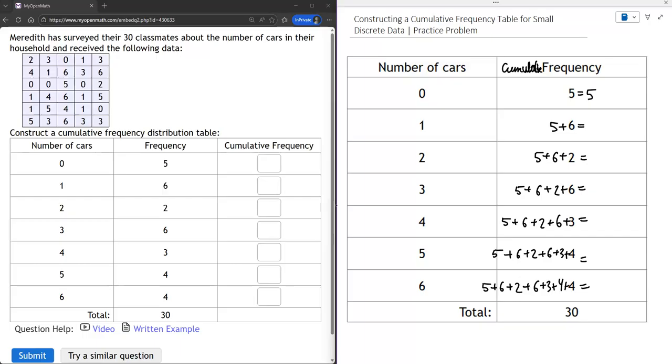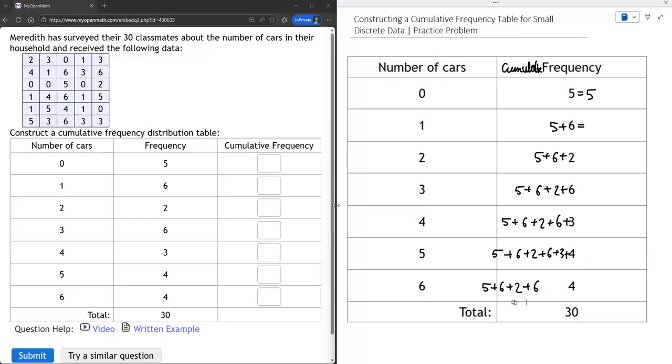And what we usually do is just add all these numbers, and I'm going to show you maybe a slightly easier way. But first, let's also observe that the last cumulative frequency must be equal to the total number of observations. So if you're adding all of these numbers and you're not getting 30, then you're getting something wrong. Now let's go back